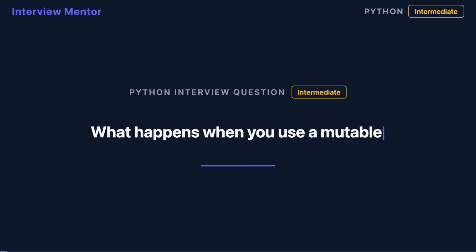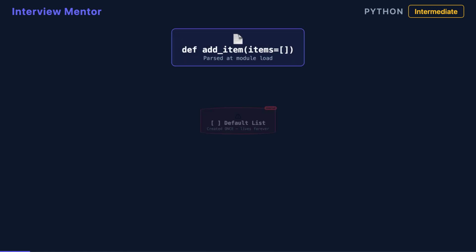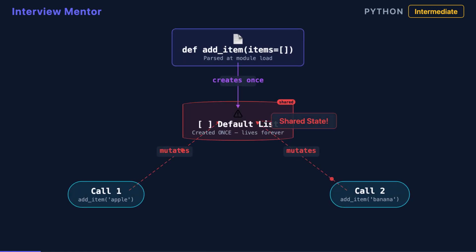Have you ever called the same Python function twice and gotten completely different results each time? In Python, default argument values are evaluated exactly once, when the function is defined, not each time it's called. For immutable types like integers or strings, this distinction doesn't matter because you can't change them in place. But for mutable types like lists, dictionaries, or sets, that single object persists and is shared across every single call